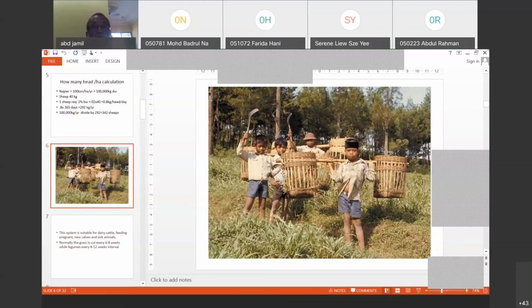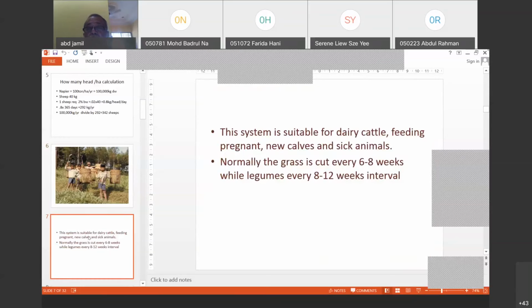KP1. So for the cut and carry system, normally in this picture here, the children are collecting from the nearby areas. Okay, the cut and carry system is suitable for dairy cattle, feeding pregnant animals, new calves and sick animals. But now in Malaysia, we are using it for intensive system,